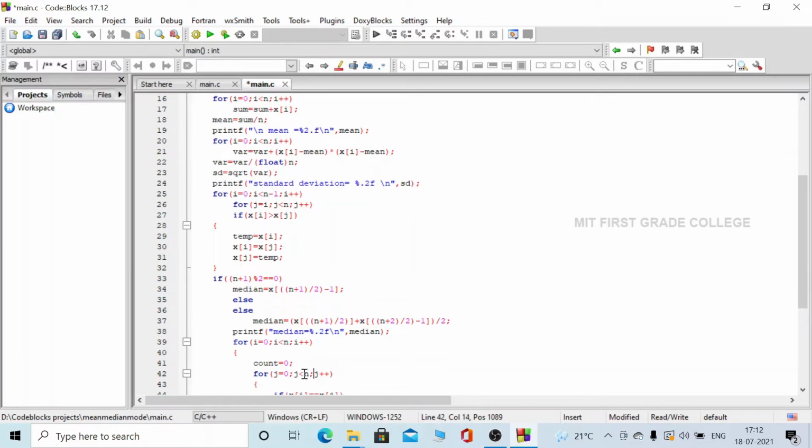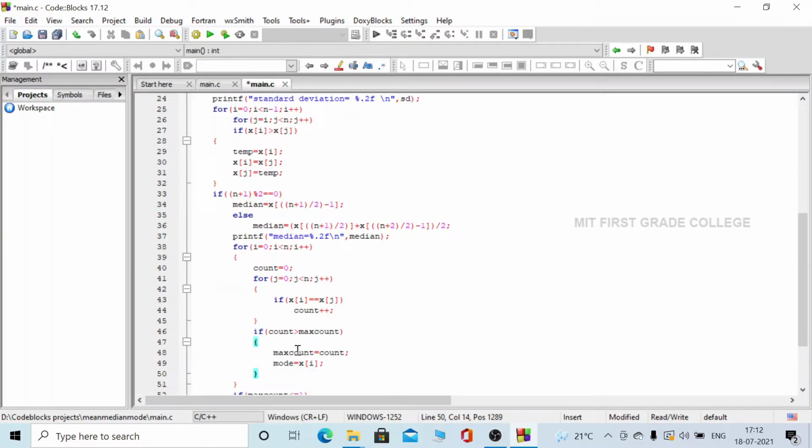And then next, to calculate the mode, again to traverse each and every element of the array we are using a for loop, and count is initialized to 0. Mode is the value which is most frequently repeated in the array. Then the for loop is used; if x of i is equal to x of j, then count will be incremented.